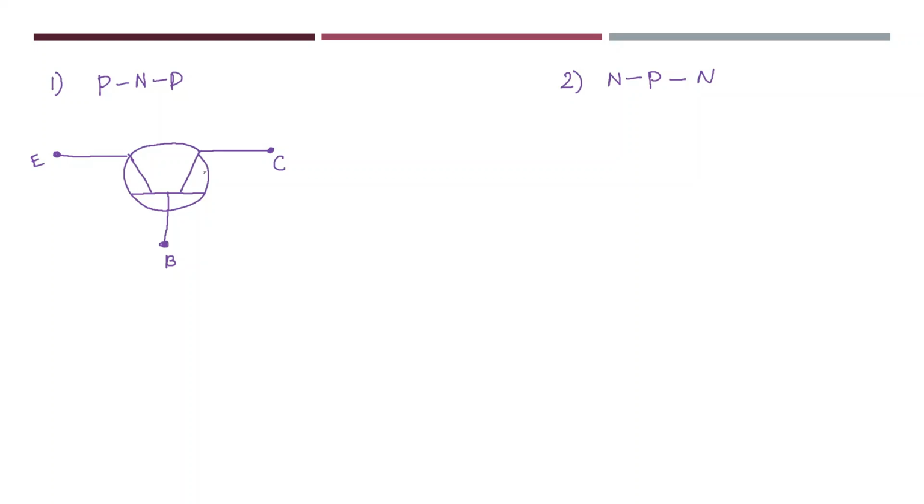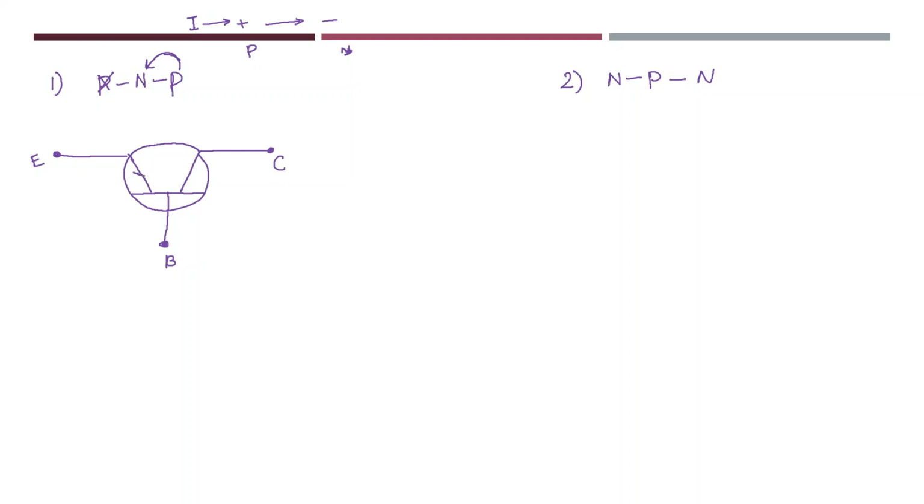Now this diagram is incomplete because here you should draw the direction of current. Whether the current is going towards the emitter or coming from the emitter, this is very much important. So how should you remember that? What you do is just cut this thing, P. Now we know that current flows from positive terminal to negative terminal. So I can write the direction of current, positive terminal to negative terminal. See here, the current is coming from outside to inside. Here the current is coming from outside region to inside region.